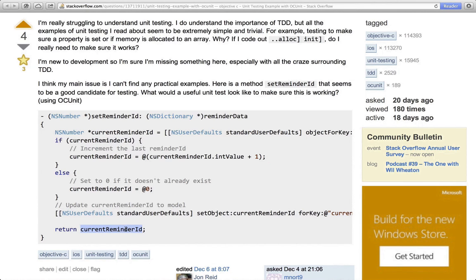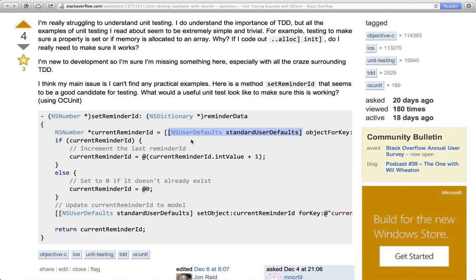How do you go about unit testing this? And the trick, the stumbling block, is this. This method is not self-contained within itself or even within its own class. It has a dependency on an external object, and in this case, it's NSUserDefaults. We don't want to use the real NSUserDefaults.